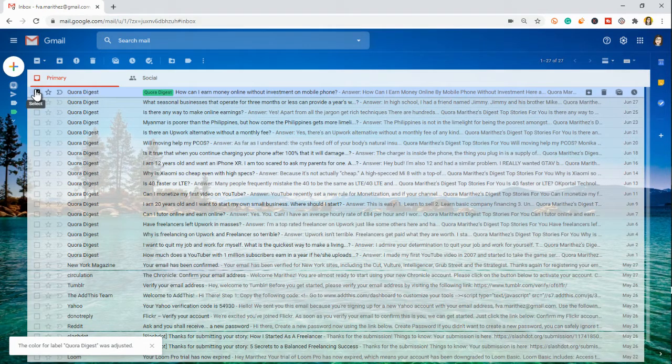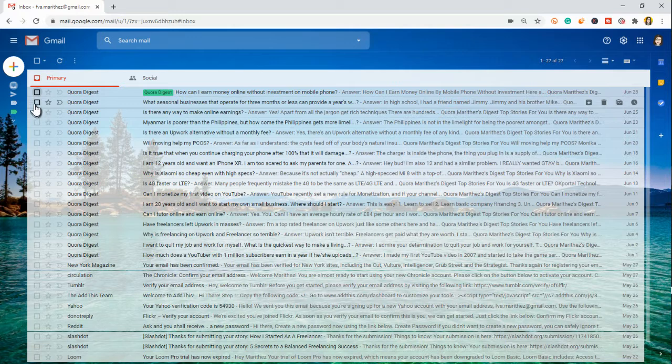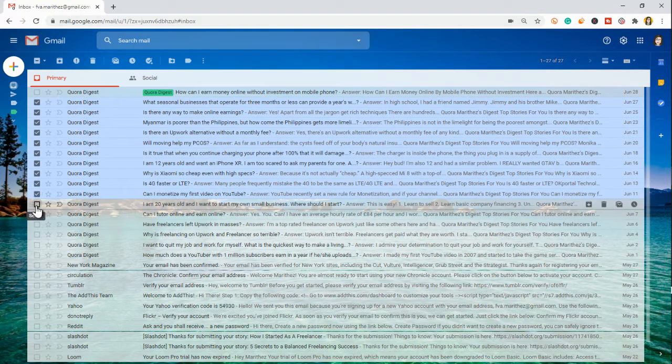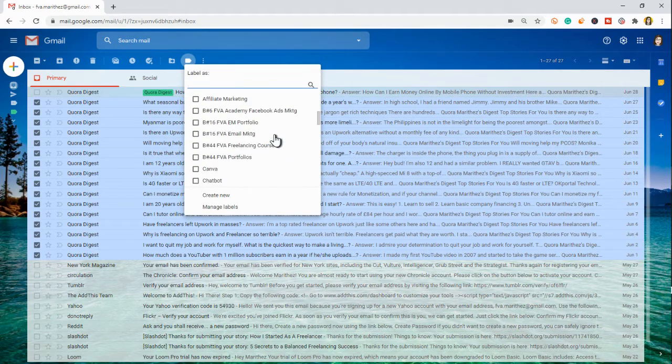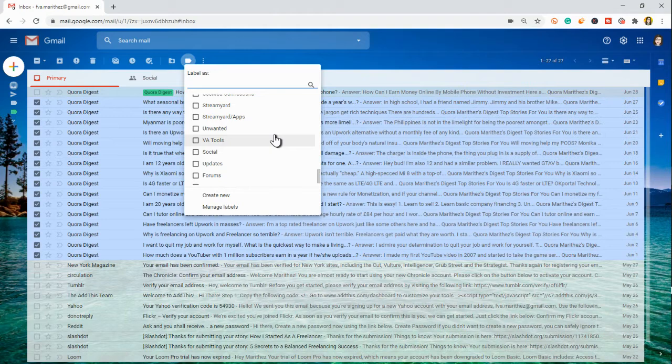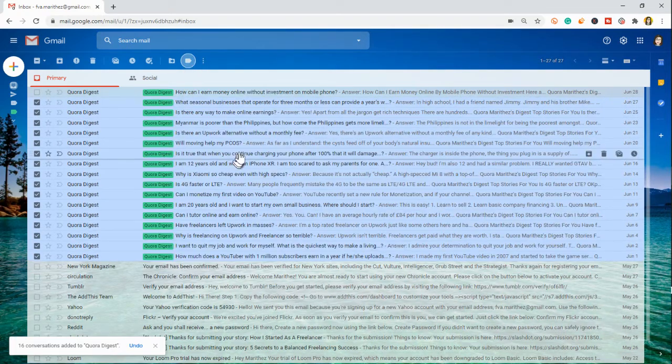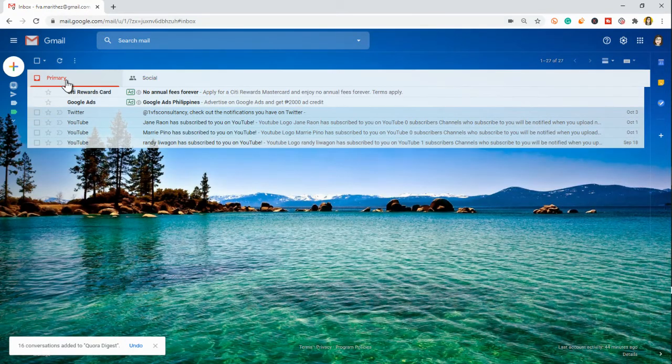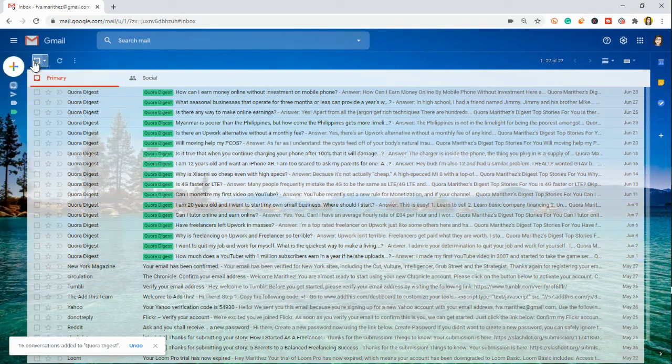So, gusto kong idagdag tayong iba. So, I will just click the labels button and select Cora Digest. So, ayan na siya guys. And then, the next step,